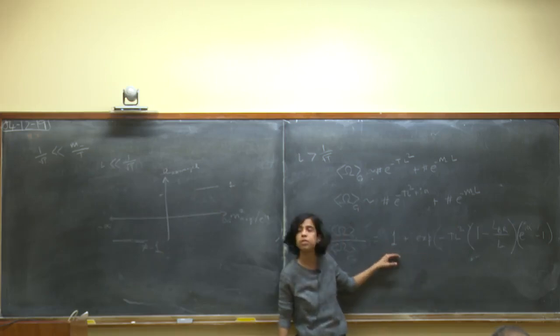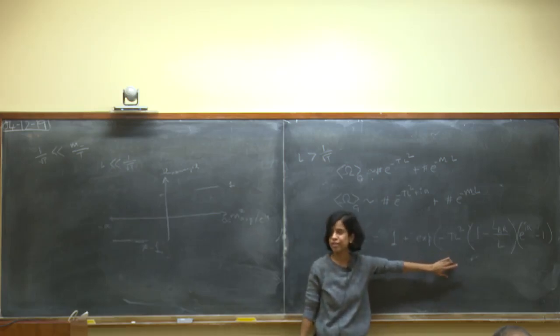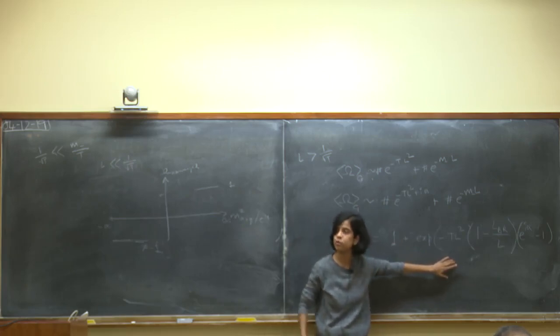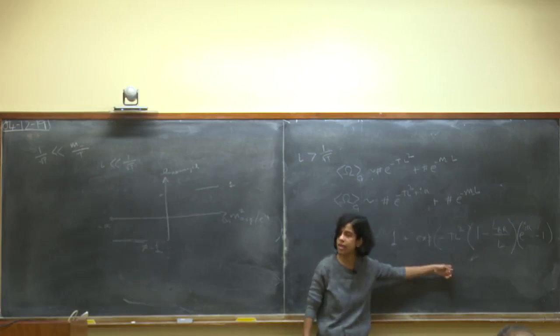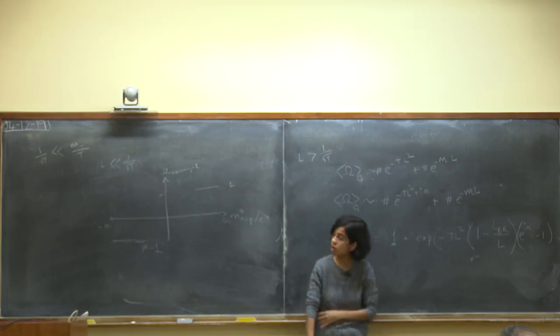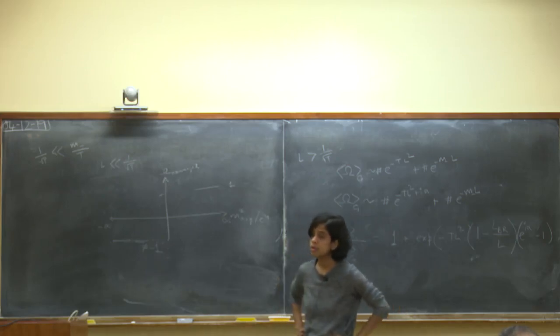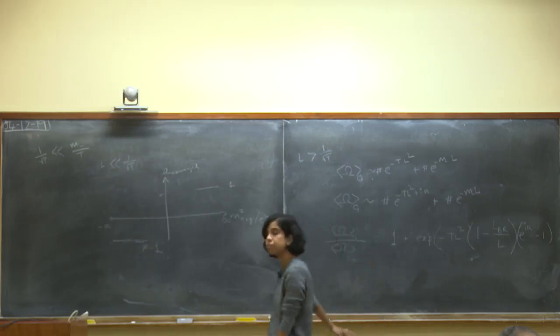So I just want to keep this 1. Why don't you want to keep the line? Because this information is not topological. It depends on length, right? You would only want to keep the information that survives in the L going to infinity limit. Why? Because this is length dependent. But why are you interested in taking L going to infinity? This vortex loop is some dynamical state in the theory. Right now I'm treating it as a probe, okay?